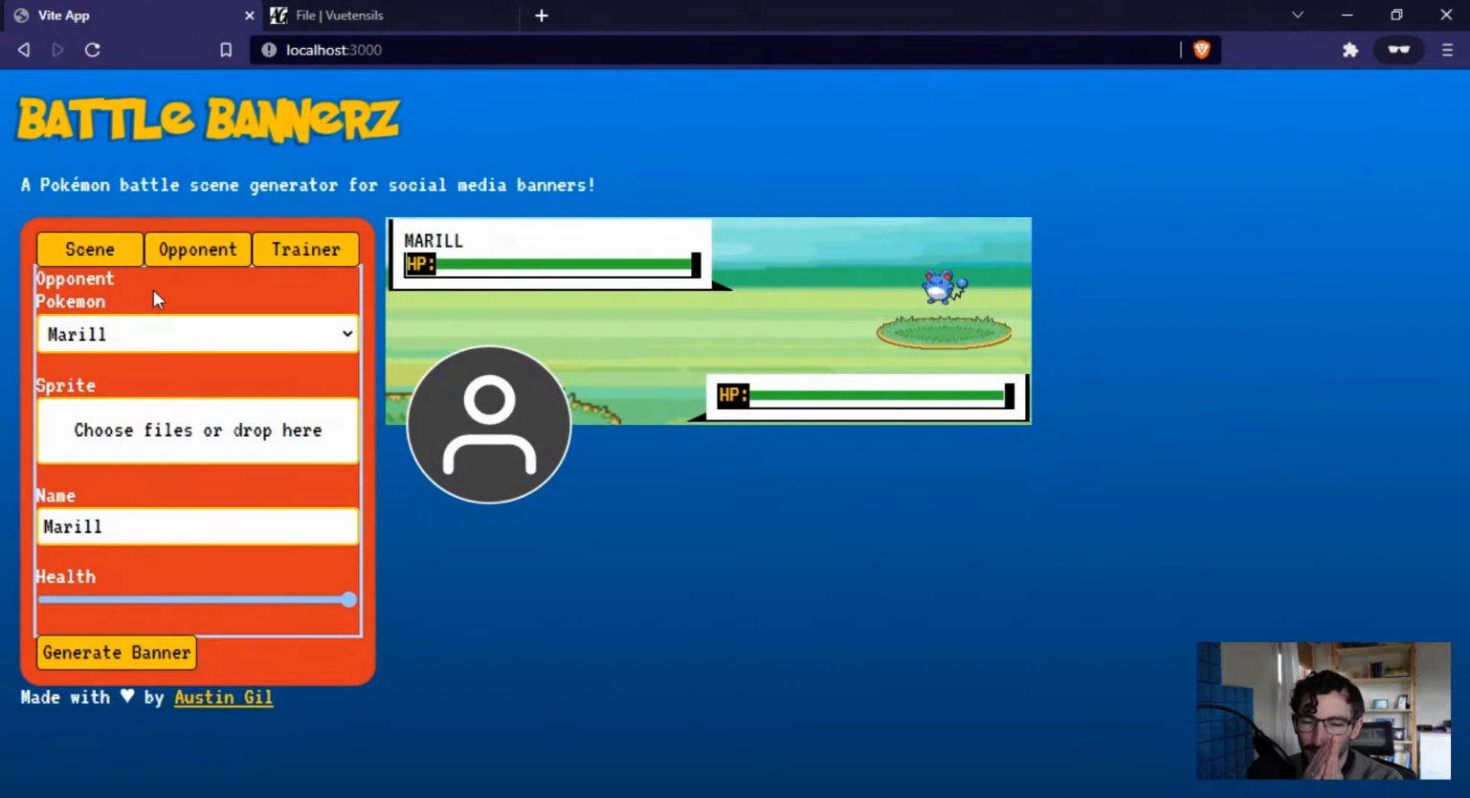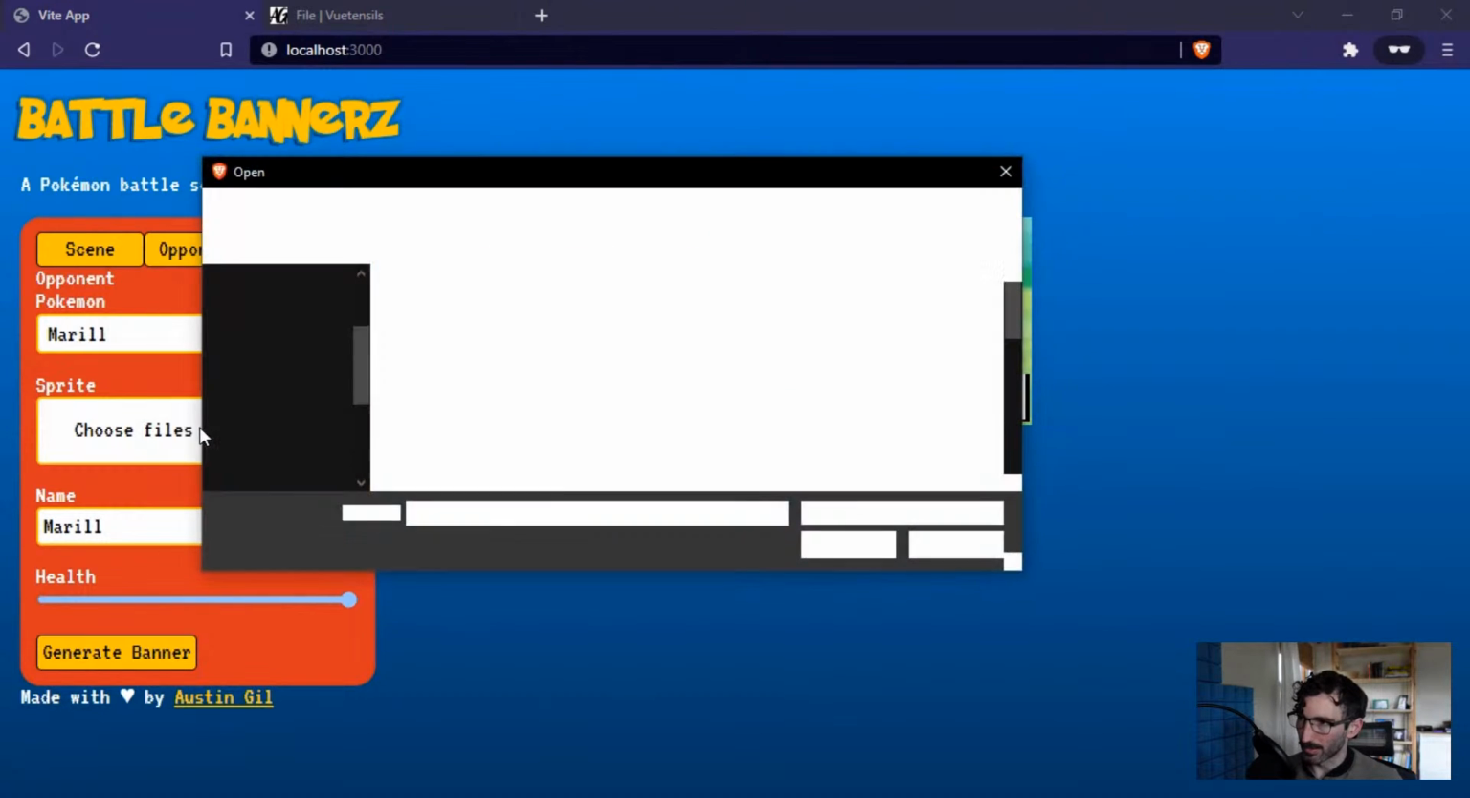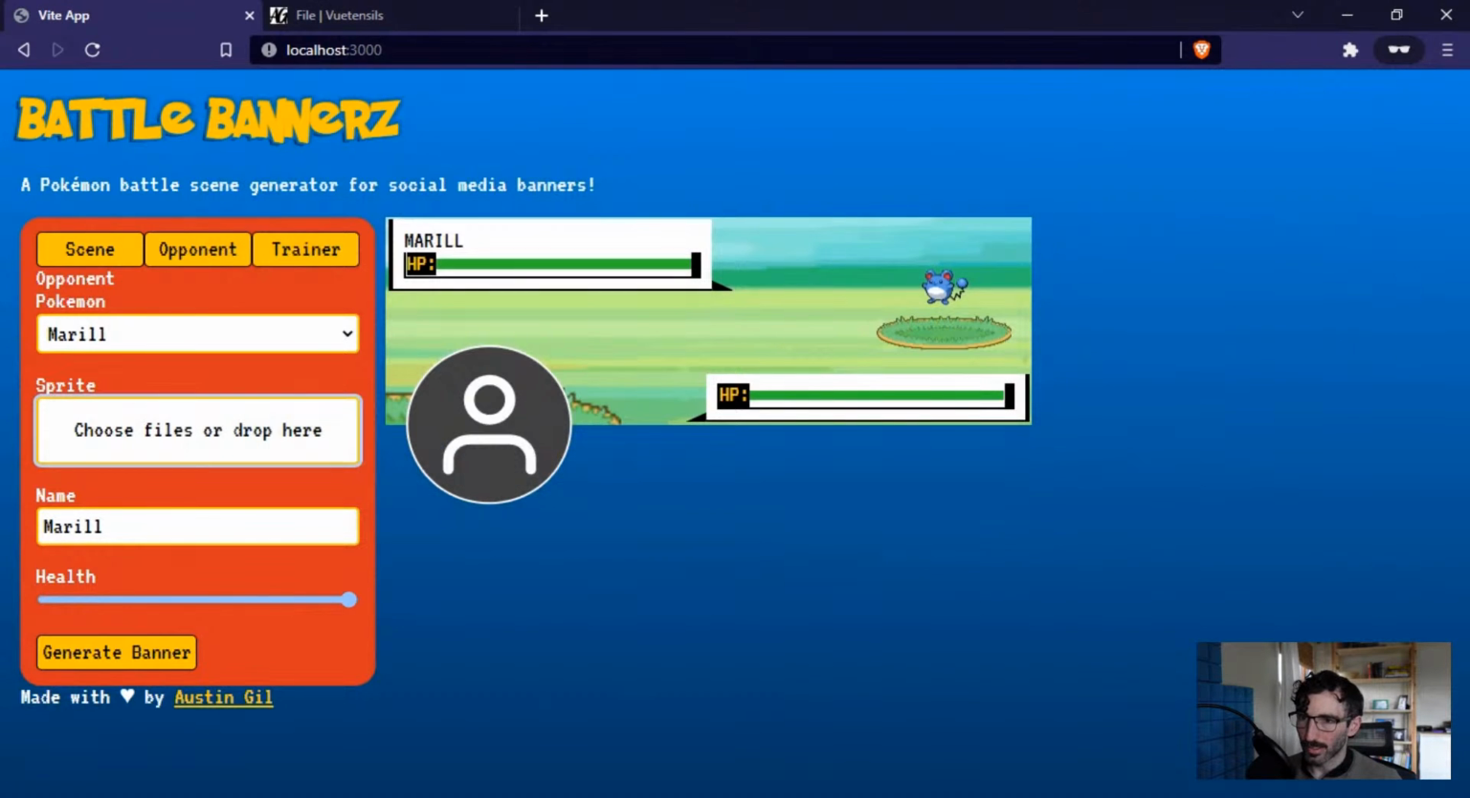So I'd say the key takeaway here, the cool thing is, if you're going to build a custom file dropzone, make sure that you have keyboard accessibility, you have click accessibility, and you have